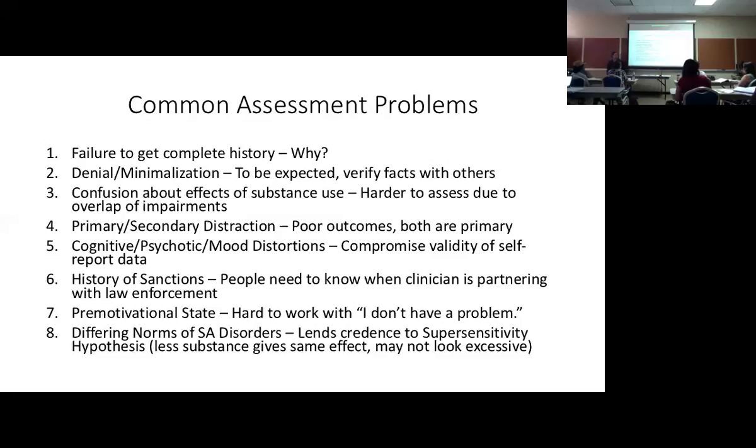Or a cognitive thing. Like I said, it could just be due to the effects of their illness, schizophrenia being one of the big ones that has an impact on cognitive distortions. They can't remember as well, or their, what do they call that? Frame of reference is off. Like something they think only happened yesterday actually happened two weeks ago. It's hard for them to have depth perception. So these could be very real things that I've seen in my